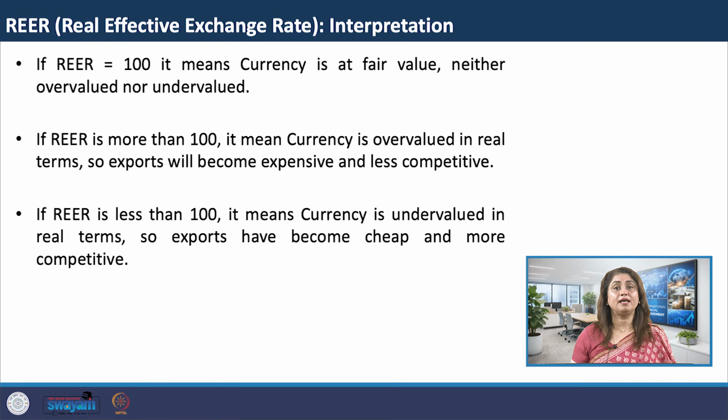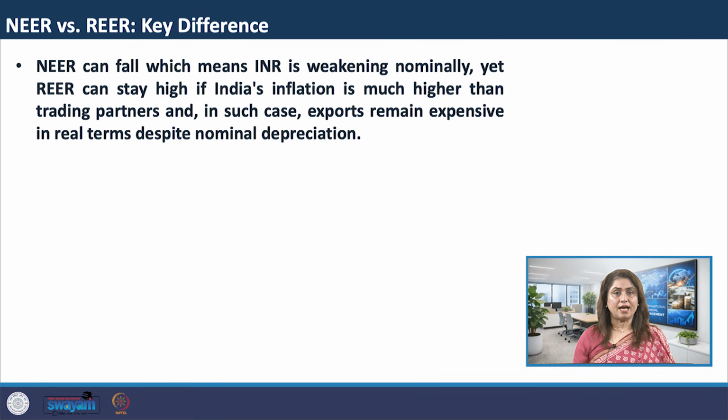If REER is greater than 100, then it means currency is overvalued in real terms. Exports are becoming expensive. Competitiveness is declining. When REER is less than 100, then it means currency is undervalued in real terms. Exports are cheap for foreigners. Competitiveness is improving. The key insight from the difference between NEER and REER is NEER can fall, yet REER can